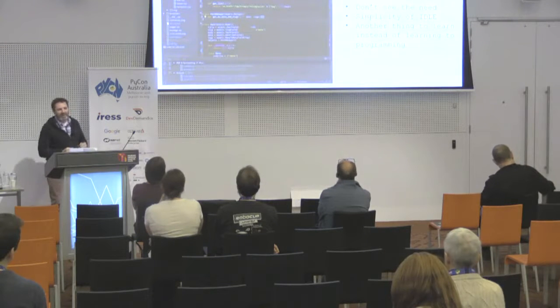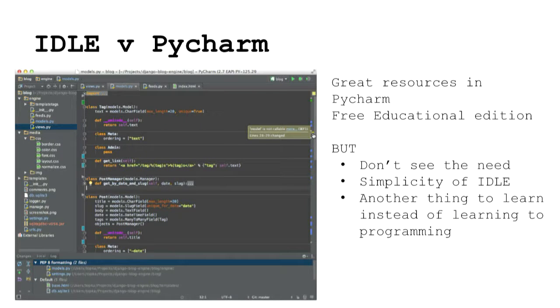PyCharm. The thing I love about Python is the IDLE, so I don't see the need of using this. That was half the problem why I couldn't code in C#: I was having problems with Microsoft Visual Studio. It wasn't actually the programming concepts I was having problems with. It was trying to get the IDE working properly. So that's where I actually don't want to use that.